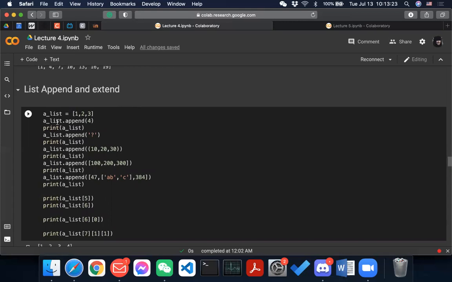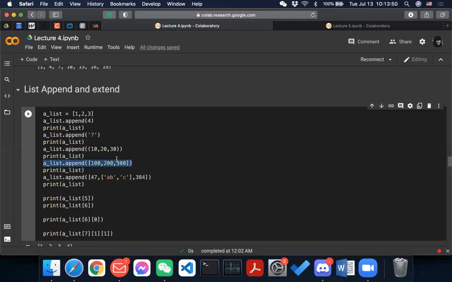And then when you append, you just add to the end of the list, right? Like the index is just the length minus 1, right? And then you can just append whatever you want. You can also append a tuple or a list. And if you use append, then it will be treated as one element, right?